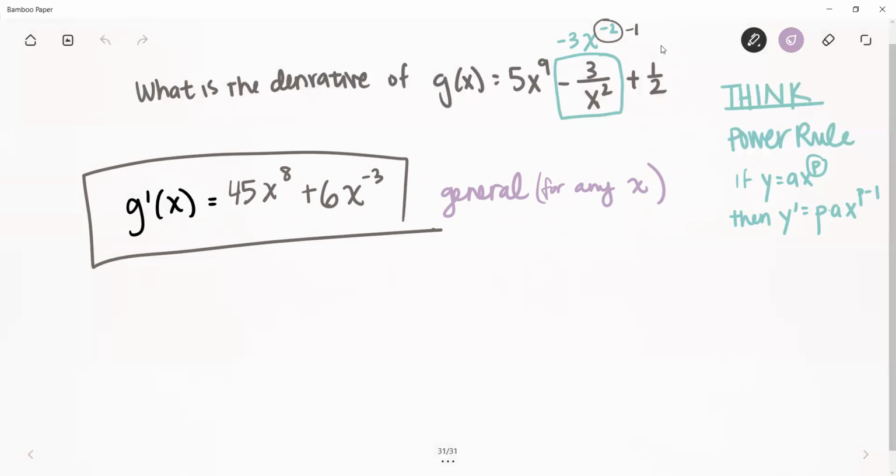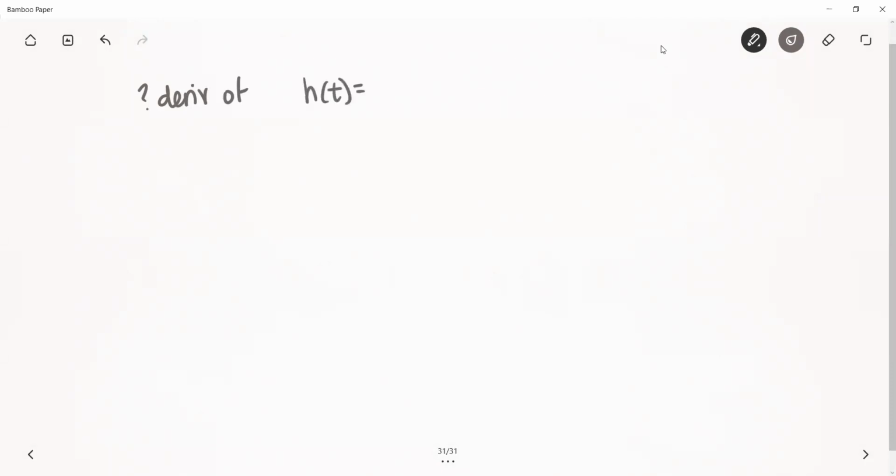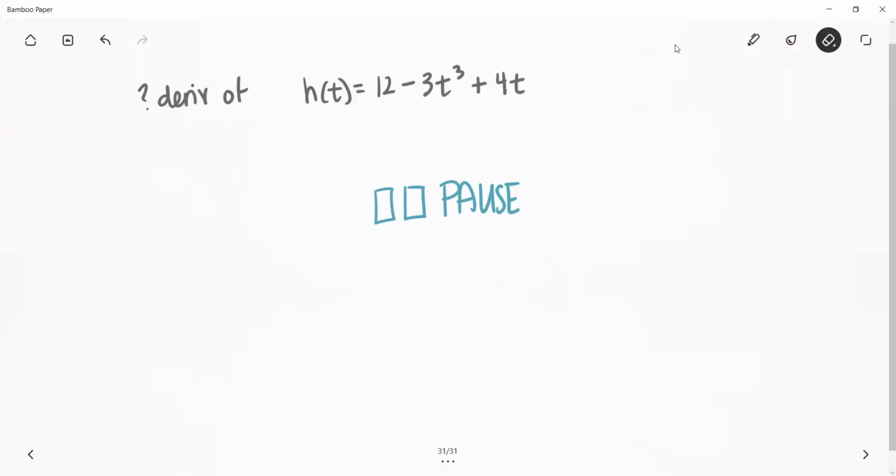Let's do another one. Derivative of h of, let's do a different variable. Let's do h of t. So pause your screen and try it, and then when you're ready, you can resume. Okay, so assuming that you did that,